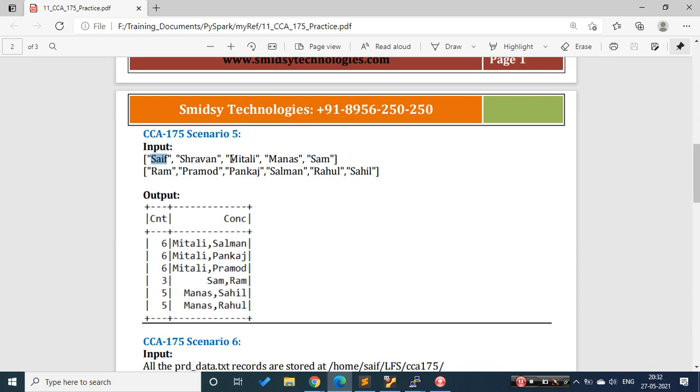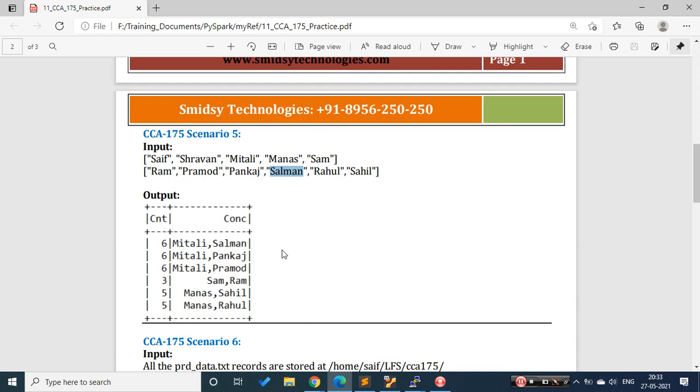If you take an example of Mithali, this is a 6-letter word, this is a 6-letter word, and this is a 6-letter word. Hence we are getting the output as 6, 6, 6, Mithali Salman, Mithali Pankaj, Mithali Pramod. It's kind of a join which we are trying to apply.